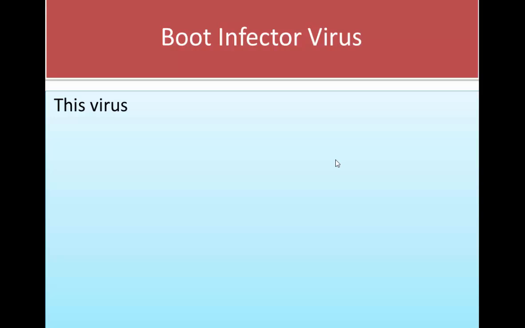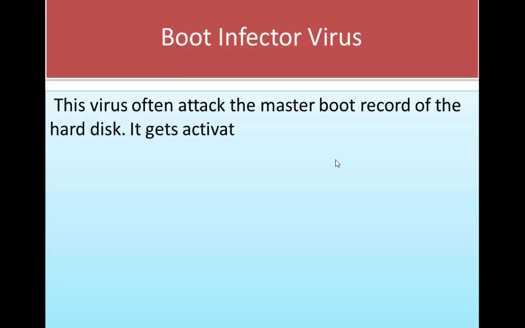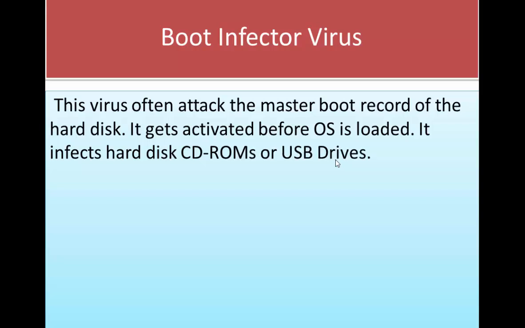So this virus often attacks the master boot record of the hard disk. It gets activated before the operating system is loaded. It infects the hard disk, CD-ROMs or USB drives. This virus often attacks the master boot record. What is the master boot record? The master boot record is the information in the first sector of any hard disk that identifies how and where an operating system is located. So it finds where the operating system is located, and it helps to load the operating system into the computer